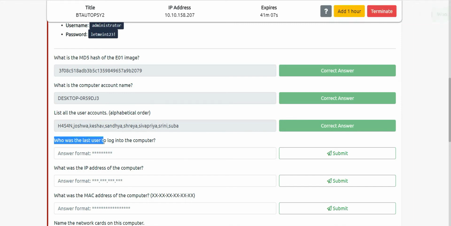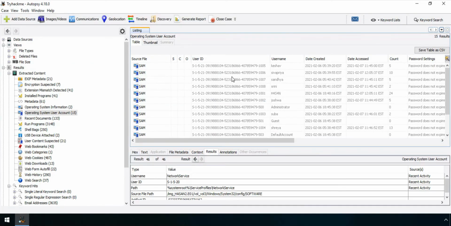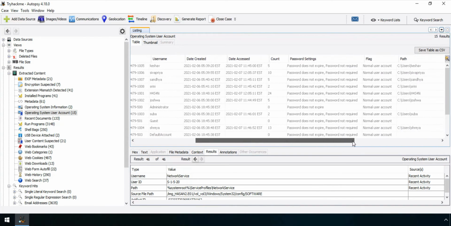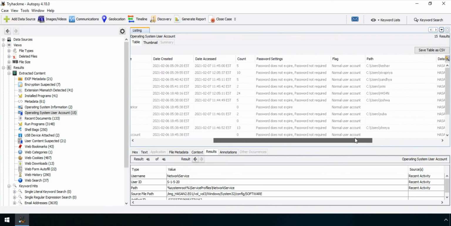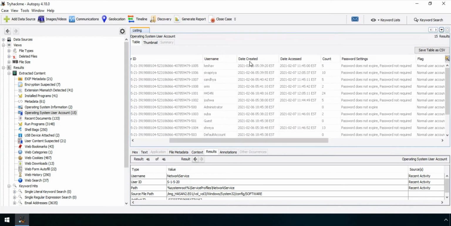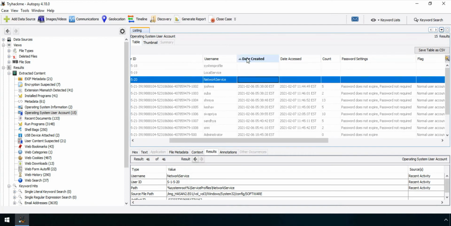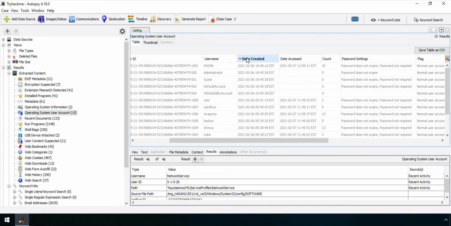Let's see the next question, which is who was the last user to log into the computer. To find this, we will have to check the logs or the date accessed. Here is the date created, which means the first time the user account was created. And the next thing you see is the date accessed, the last date on which the account was accessed.